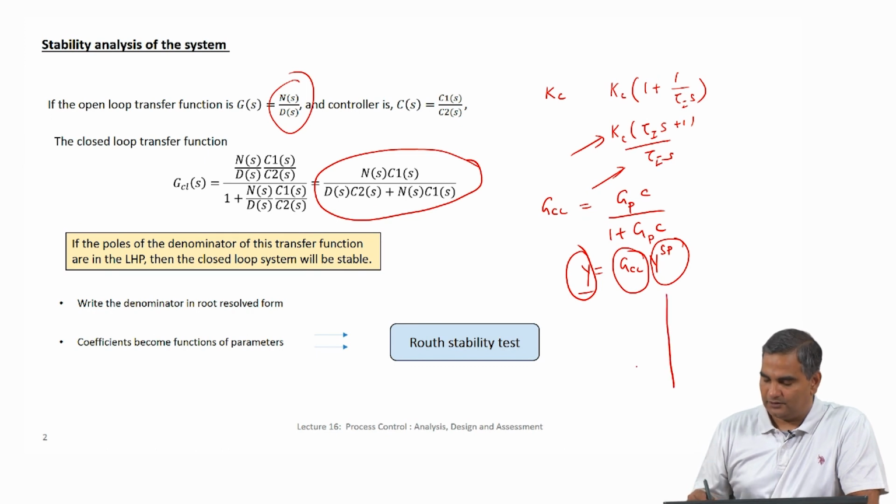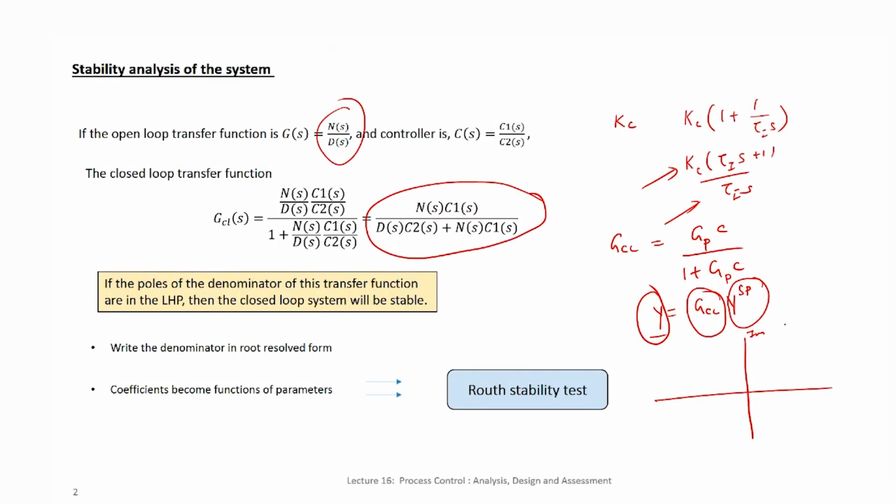Remember, I have this just as a reminder. I have an imaginary axis, this is the right half plane which includes all of this area, this is the left half plane. Now, as long as every pole is strictly in the left half plane, then I will have a system which is stable. Even if one pole goes either to the right half plane or on the imaginary axis, then the system can become unstable even for reasonable y set points. It is very clear why if there is a pole here, then the system will become unstable.